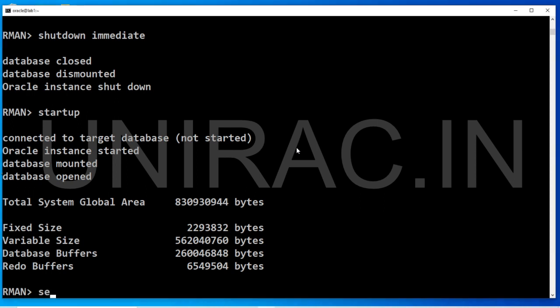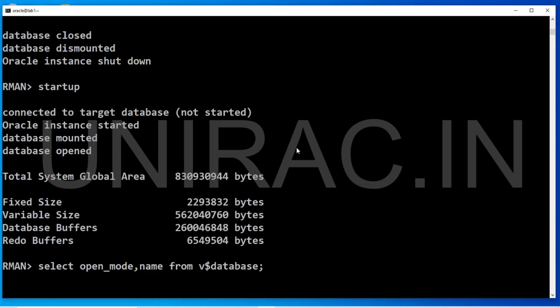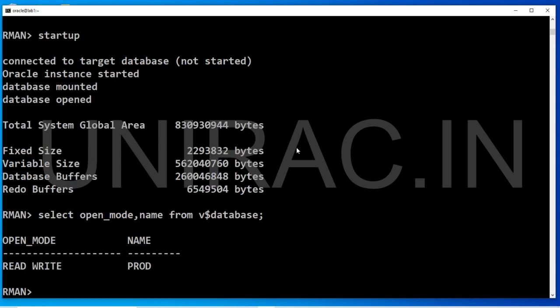You can verify it's up and running. The database is up. So we have seen how to start, how to shut down, how to create table, how to describe a table. We can run SQL statements using RMAN interface. So this is one of the improvements in RMAN.